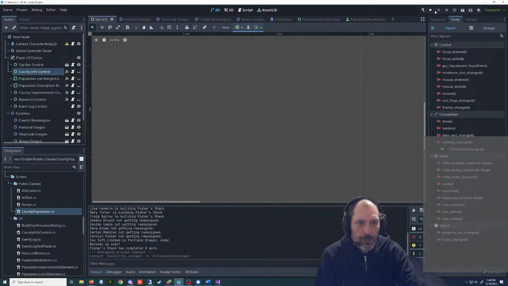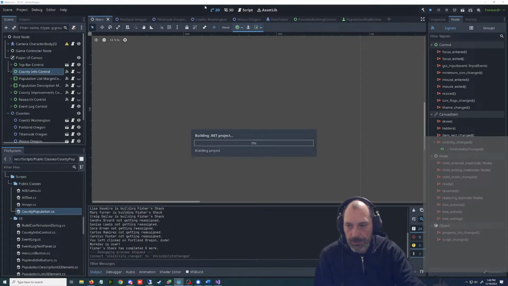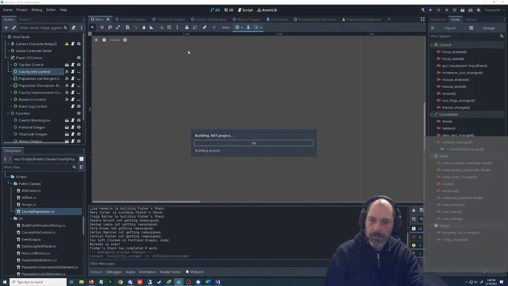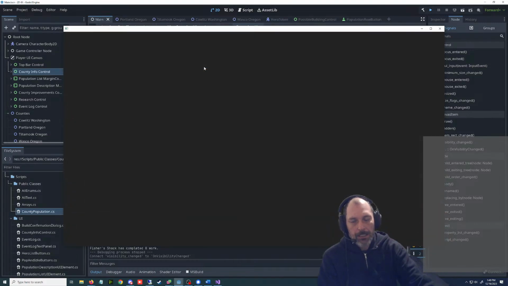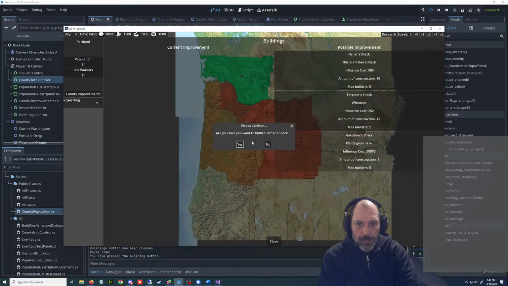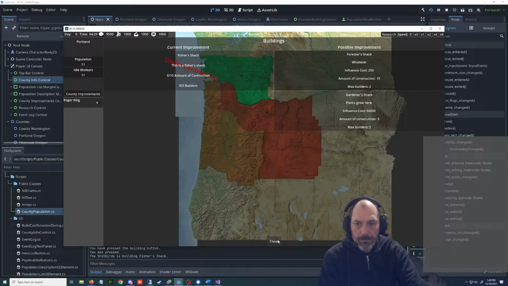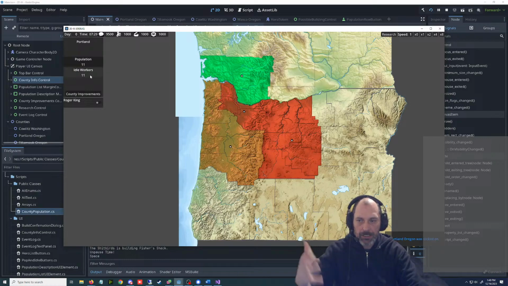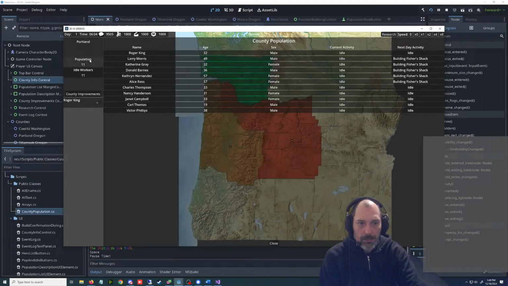All right, let's run this thing and see if this turns into a mess. It's going to update on its own, but I also want it to update when the idle workers change. So that seems okay. Let's apply this. There's no one idle yet, but we're leaving this open because as the day changes, this needs to change. It did not change, but everyone's idle.